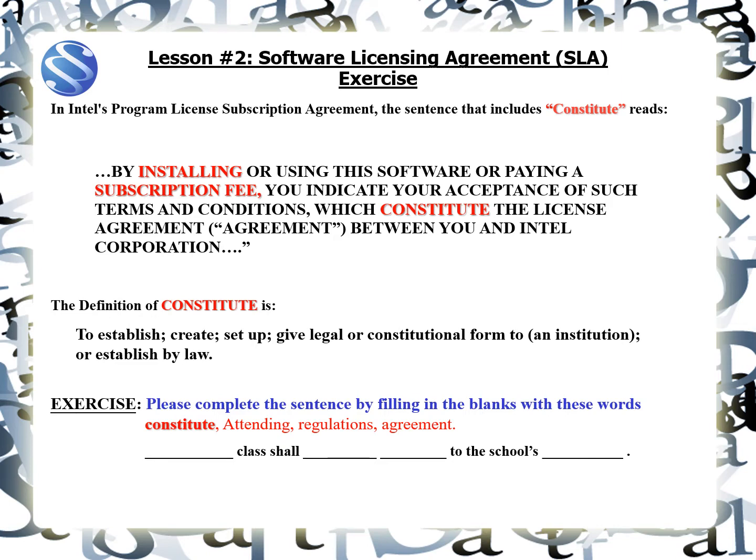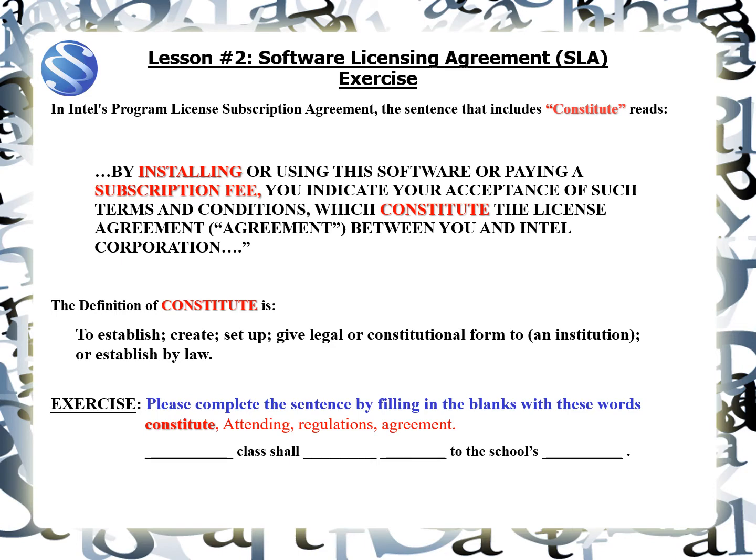In Intel's program license subscription agreement, the sentence that includes constitute reads, by installing or using this software or paying a subscription fee. You indicate your acceptance of such terms and conditions which constitute the license agreement, parentheses agreement, between you and Intel Corporation. The definition of constitute is to establish, create, set up, give legal or constitutional form to an institution similar to the U.S. government, or establish by law.